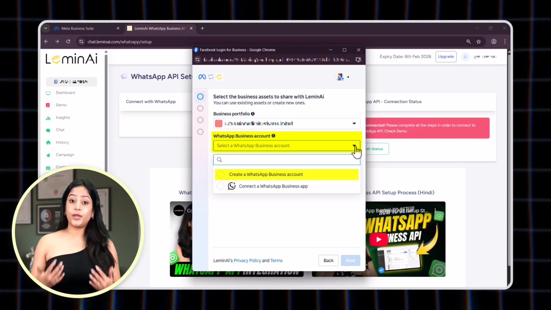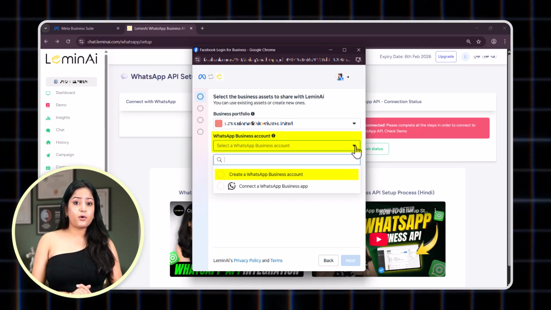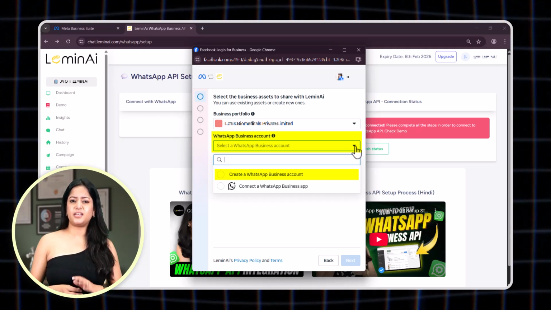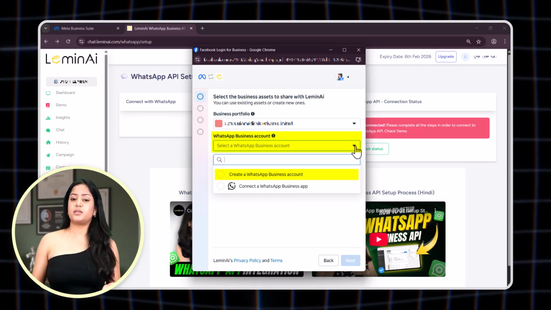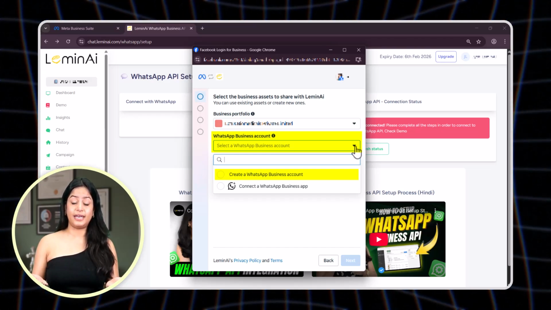Option 2. Create a WhatsApp Business account or start with a new WhatsApp phone number. Think about big companies like Amazon, Nike or Zomato. When you receive a message from them, it doesn't show a number on the top of it. It shows the brand name. If you want that kind of setup where your message will be sent from your brand name, then option 2